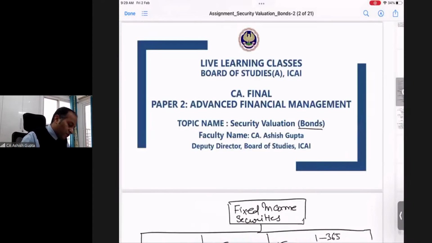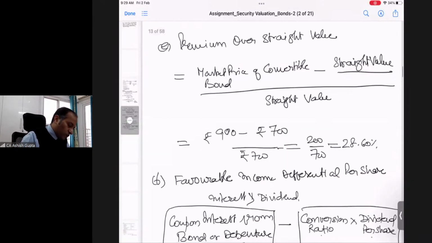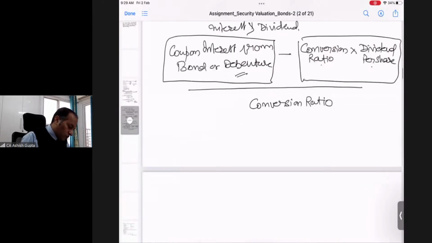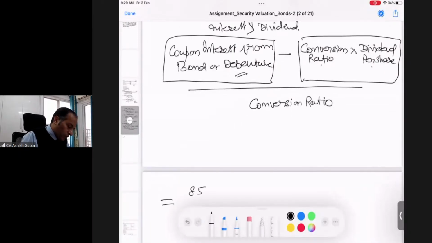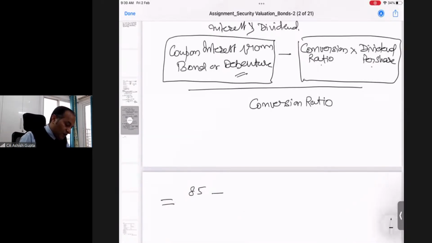Accordingly, I am getting interest of 85 rupees against what I am losing. My conversion ratio is 30, and the dividend per share is rupee 1. So I am losing 30 rupees if I wait, but however I am getting 85. Okay, so this is the overall per share basis. What I am getting more benefit